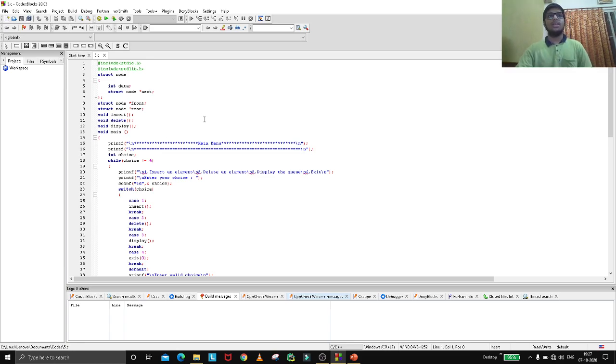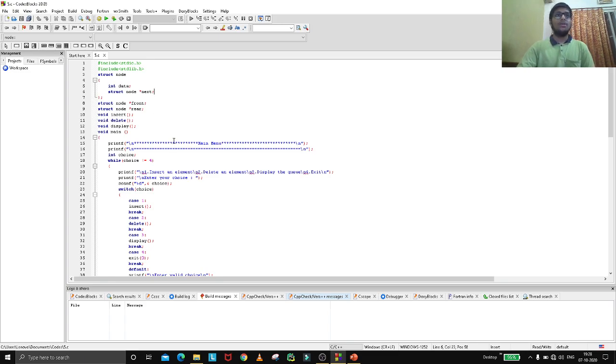For starting, a linked list needs a node. We have done this program in C language. We have to create a structure node in which we give an integer data and also a node pointer next, basically to store the address of the next node. Now we have to create two more nodes, front and rear, because front and rear are the basic operations in which we need to insert and delete from the queue. So basically a queue has front and rear.